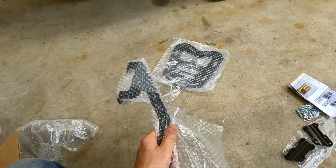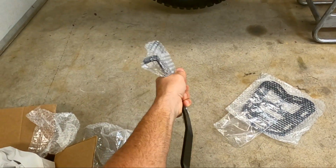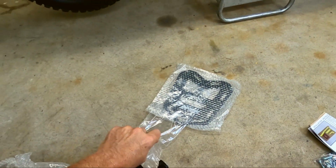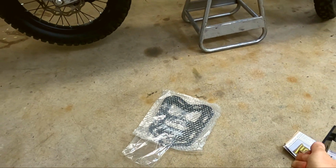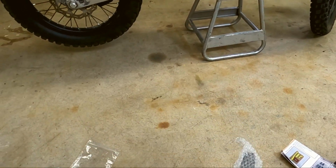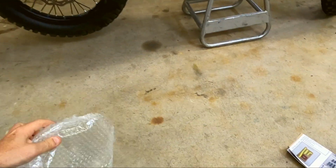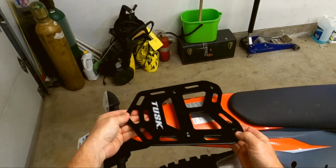Well, it definitely is well packaged, if nothing else. I'll have to give it to Rocky Mountain. That's a beauty. That is a beauty. Okay,